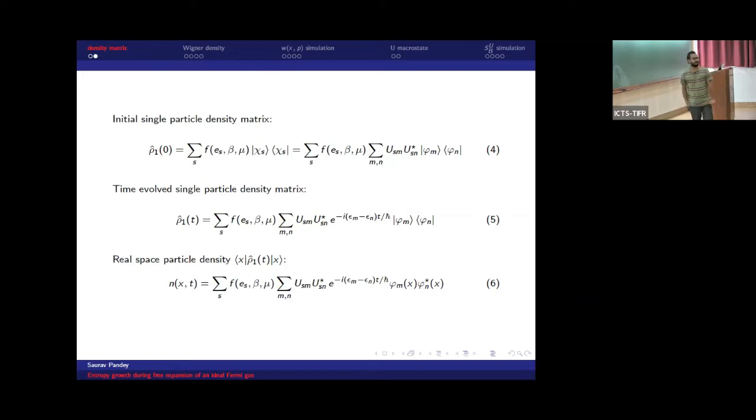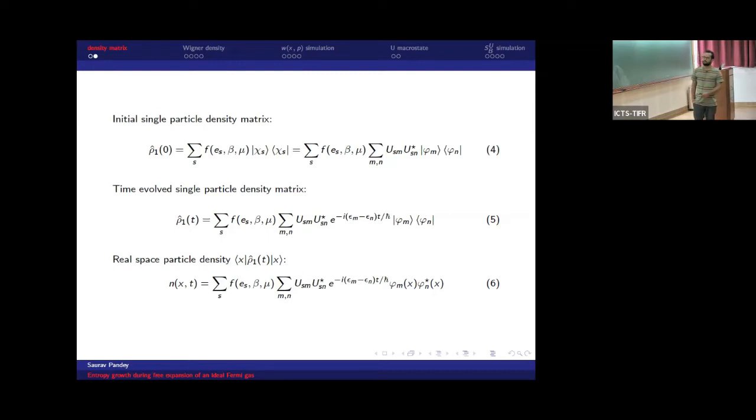From there, one can write down the expression for the particle density in real space on the circle, which is just the diagonal of the density matrix in position space. That is expression 6. We can see that it has multiple summations involved, so it's not very helpful to deal with, both analytically and numerically for large system sizes, because the number of terms you have to sum increases with the system size.